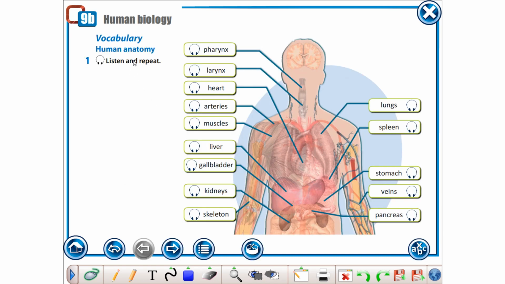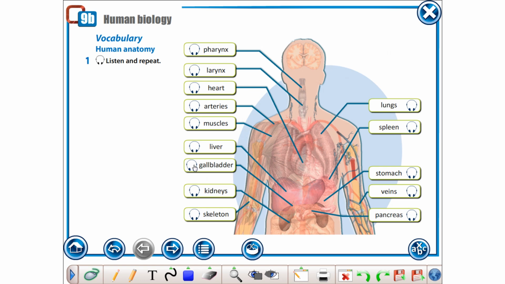Okay, the first exercise – vocabulary, human anatomy. Listen and repeat, please. Pharynx, глотка, larynx, гортань, heart, сердце, arteries, артерии, muscles, мышцы, liver, печень,